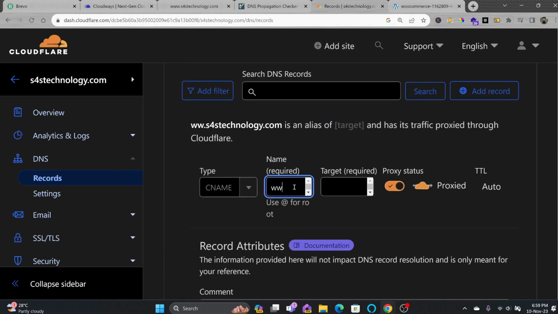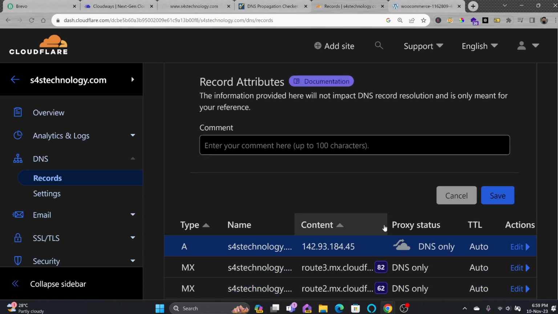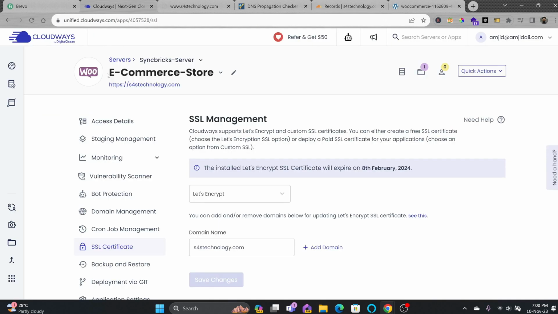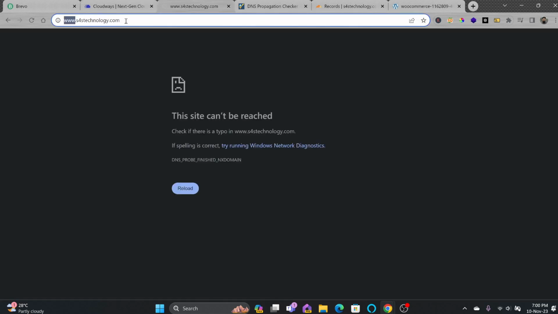So I'll be typing in www and it will be going to s4stechnology.com, and I will not proxy it for the time being and save it. You can see here the CNAME is created, www, and it is pointing to s4stechnology.com. s4stechnology.com is pointing to this particular IP address, which is the Cloudways server. And now if I try to open this again,